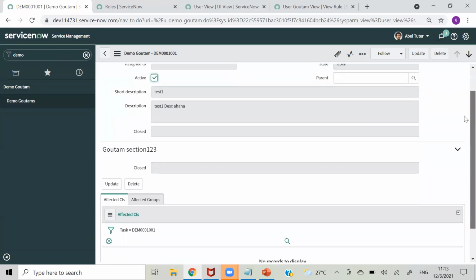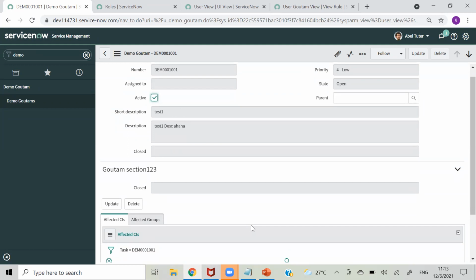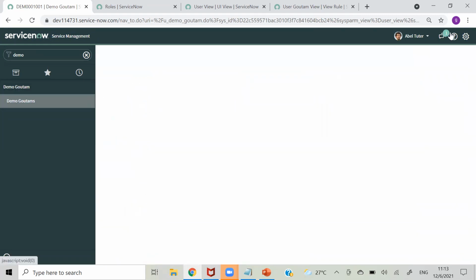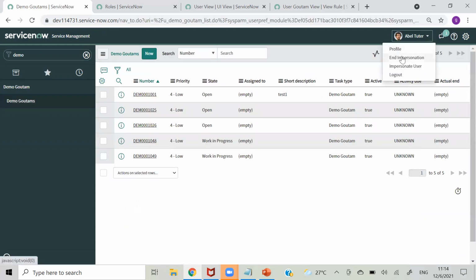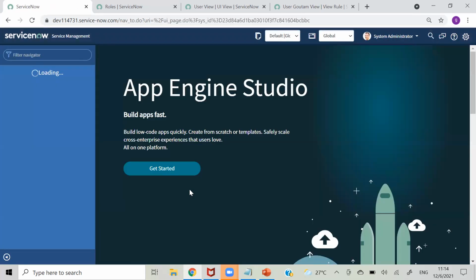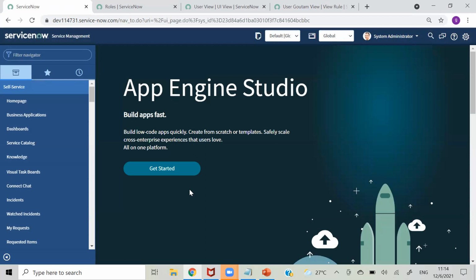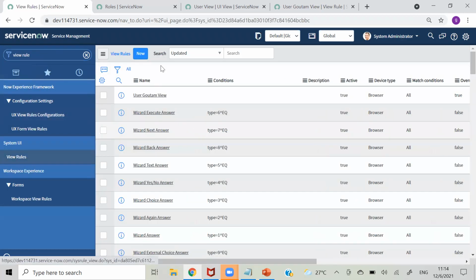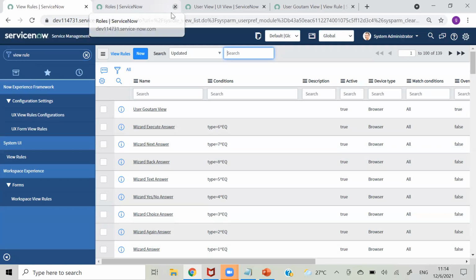You can see this is the user view. Okay. So in such way, you can write your view rules, and you can give code in that. So that particular role will see that particular user view. Clear? View rules. Clear for everyone? Yes, sir. Okay, then fine.